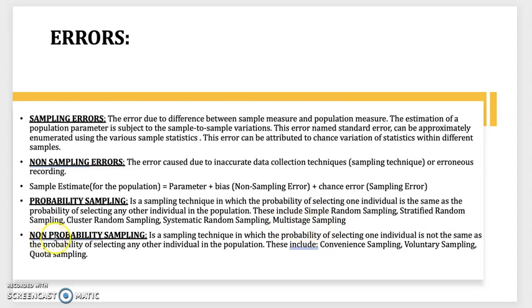You also have non-probability sampling. Non-probability sampling is a sampling technique in which the probability of selecting one individual is not the same as the probability of selecting any other individual in the population. Those can possibly happen too. That includes convenience sampling, voluntary sampling, and quota sampling. That's our first lecture file, the introduction for